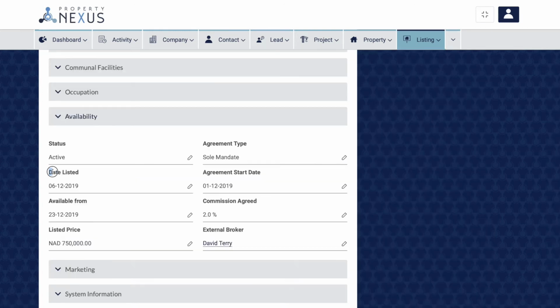The date listed field allows you to monitor how long this listing has been on the market for. The available from field allows you to record when the property is available, which could be for rental properties or sale properties should the seller wish to live in it for some time before the new buyer moves in. The listed price is the price that will be publicly marketed on all your online channels, so make sure this